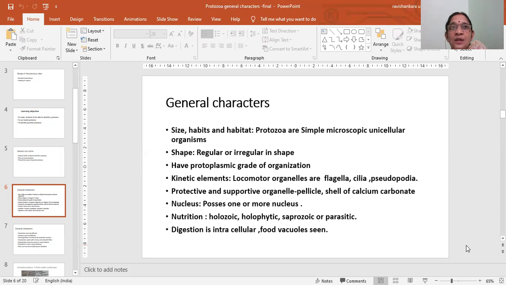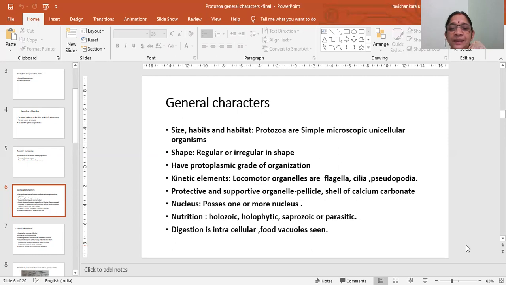And these are not originating structures or permanent structures inside the cell, but they are observed as extensions of protoplasm, temporarily formed and withdrawn as and when necessary. Even though they are used for locomotion and for food capture, they are not actual feet. So they are called pseudopodia, not regular or permanent, consistent structures like flagella or cilia.